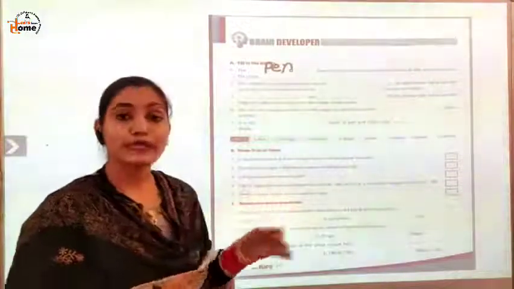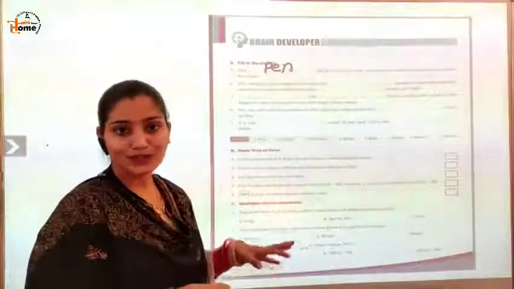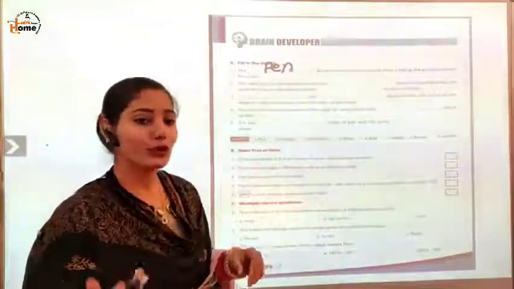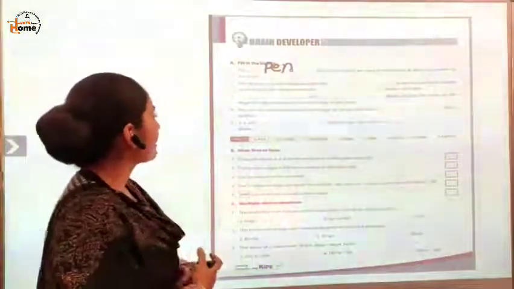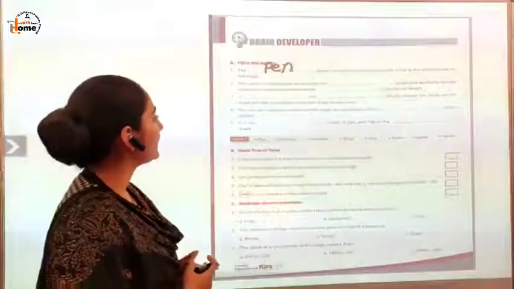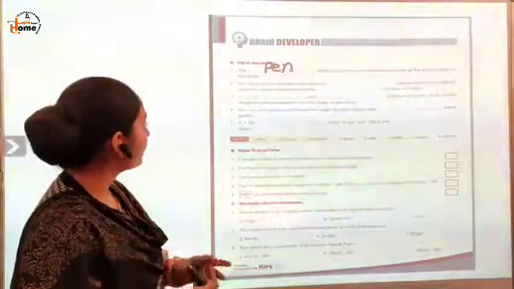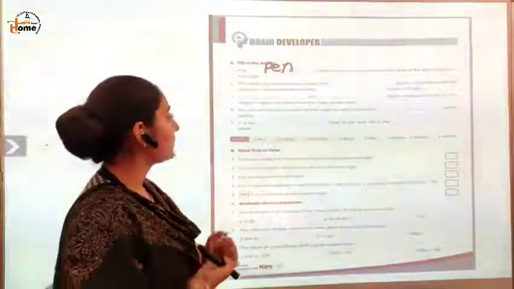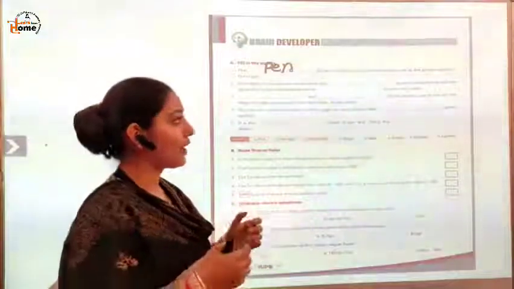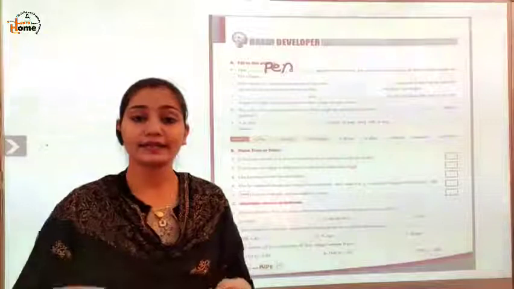You all have to see in your book, okay? This picture is only for me. It's not visible, so you have to see in your book, okay? And tell me the answer of the second fill in the blank. The value of x coordinate determines the dash location of the sprite, and the value of y coordinate determines the dash location or height. Where are the x and y coordinates?